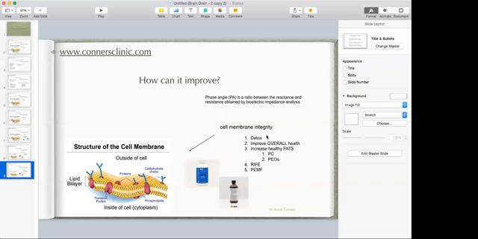So everything that we are doing for you is aimed at improving the health of your cells. And when we say we're improving the health of your cells, we're talking about, we can measure it with the phase angle. All right, now I'm going to unmute you, and